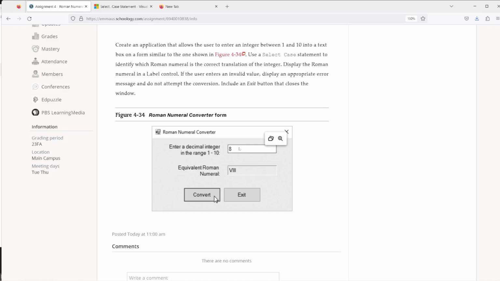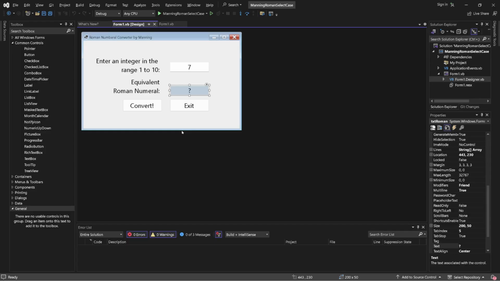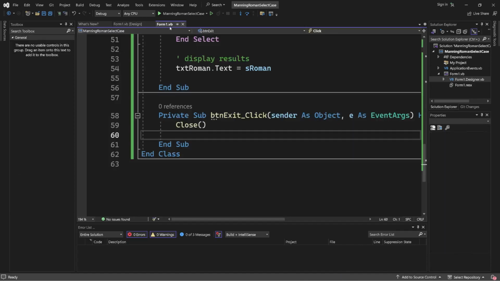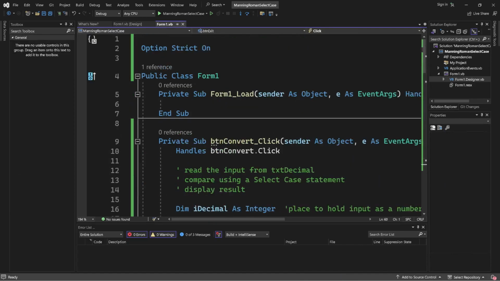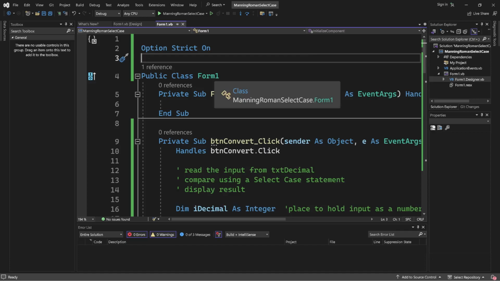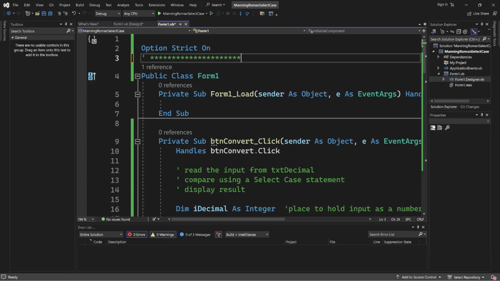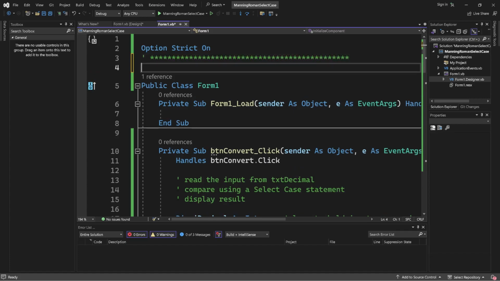Yeah, that looks like I have everything here, and I did the select case. Now the only thing left to do to complete your code is to put your comment header at the top. You can decide if you want to put it inside your class or outside. I'm going to put it out here and do your basic template if you have it in a text file already, or you can do